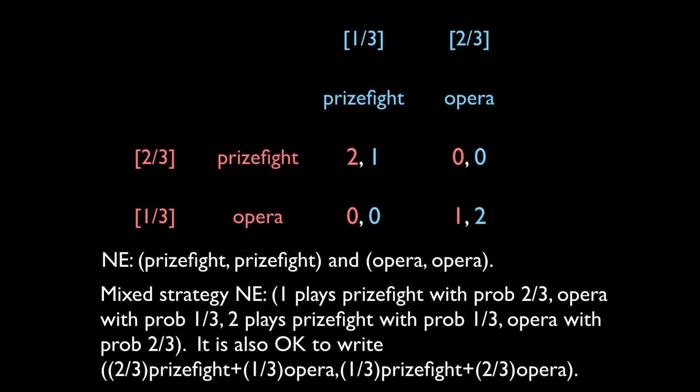How did you determine whether to start your axes from P equals 1 as opposed to P equals 0? Oh, why did I go top to bottom? That's a good question. The reason is because I want to keep the same geometry as my original game. If I set P to the probability of prize fight, I want this top left corner to correspond to the top left corner of this game too. But aside from the visual correlation, is there a numerical way to determine whether to start from top or bottom?